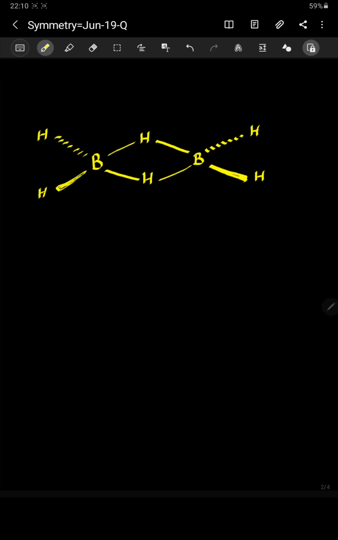How to visualize the planes and all those things? I'll just give you some reference, and with respect to that reference, you can very easily imagine. Supposing that this is the z-axis, y-axis towards your right and left, and x is pointing towards you. With respect to these three coordinates, we can choose the planes or the rotational axes.